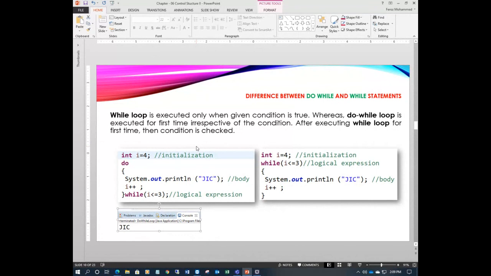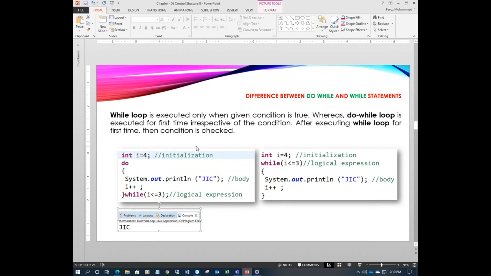Now you enter the wrong pin. The condition is that your pin must be correct, a 4-digit pin. But the program is running first, and you check the condition at the last. The pin should be the first condition, but it is checked at the last. For such kinds of programs, the do while loop is used. Means at least some part of the program should run first, then check the condition.